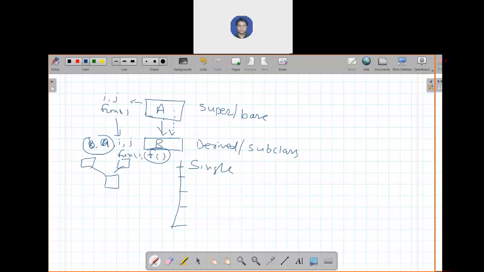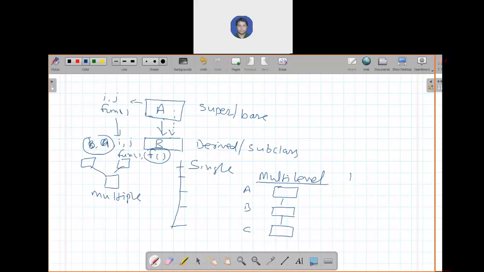Multi-level inheritance: there is one class, a class derived from it, and that derived class also derives another class. C is a subclass of class B and B is a subclass of class A. There are multiple levels of inheritance, so it's called multi-level inheritance.